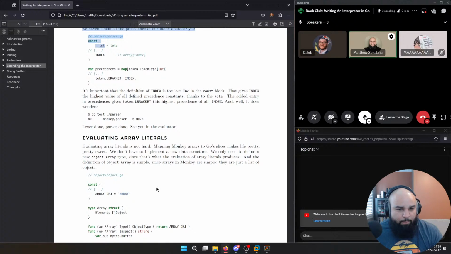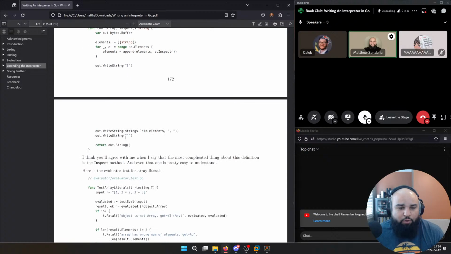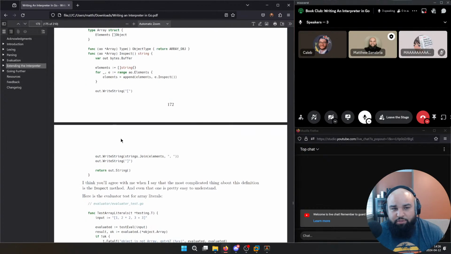Cool. What else? So now at this point we have an array that is parsed correctly, and now we need to actually evaluate it and print out its objects. One design choice that the author made here is that the arrays can hold arbitrary types. So normally arrays, or lists or slices, in Go can only hold elements of the same type.